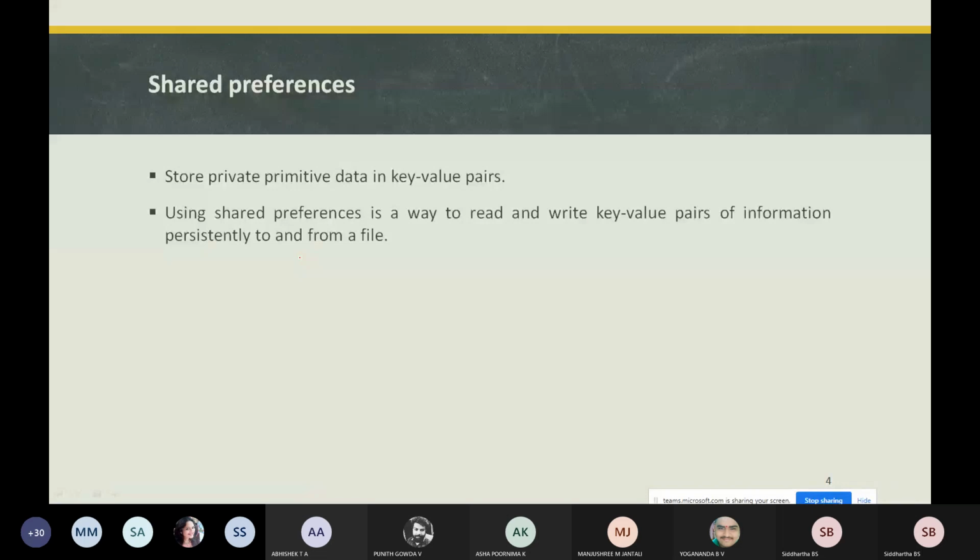Using shared preferences is a way where you read or write key-value pairs of information persistently to and from a file. So whether you write the data into a file or read the data from the file, it will be in key-value pairs. We are going to learn this in detail in the next chapter.